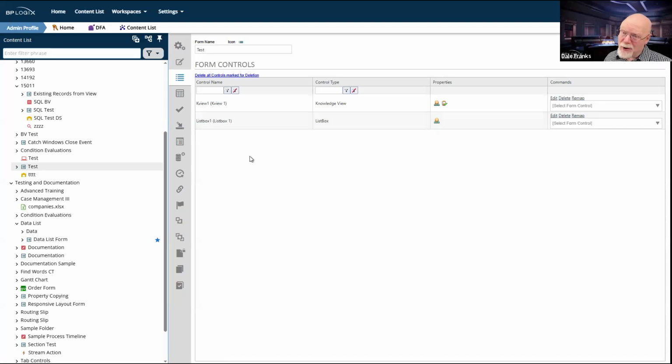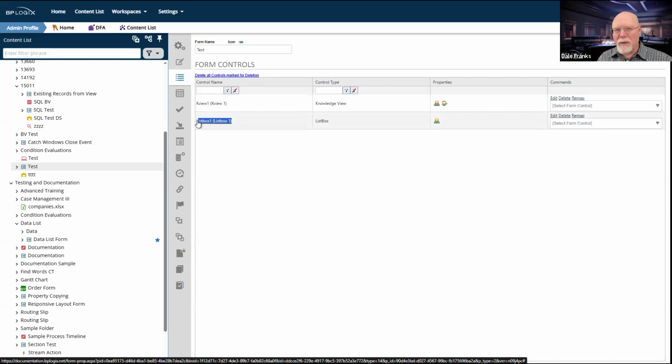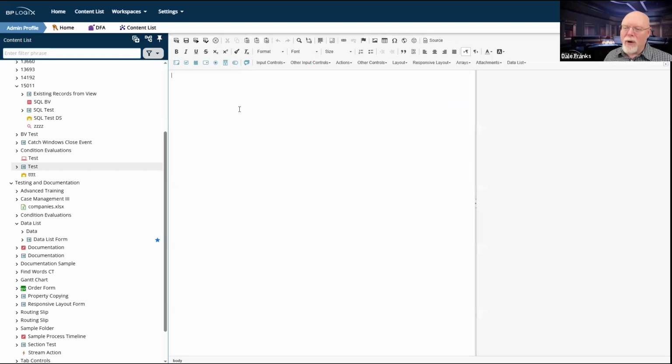And actually, if you put a real list box one, which apparently I've just blown up because I think I didn't save it before we came back over here. But in any event, this was all higgledy-piggledy because it was confusing the one that I had deleted, and it was treating the new one like it was a completely different control, which I guess technically it is, but it had the same name, so it should match, but it wasn't matching. So basically, you were getting a horrific validation error.